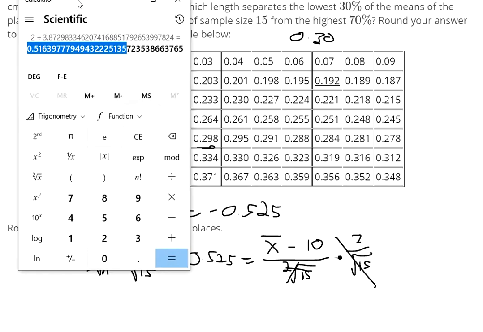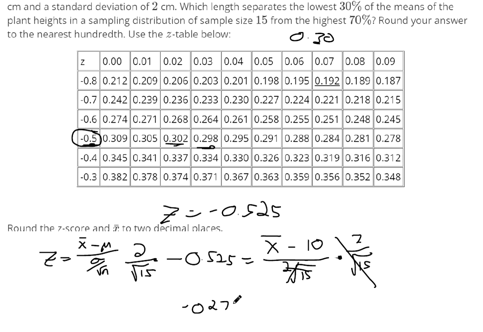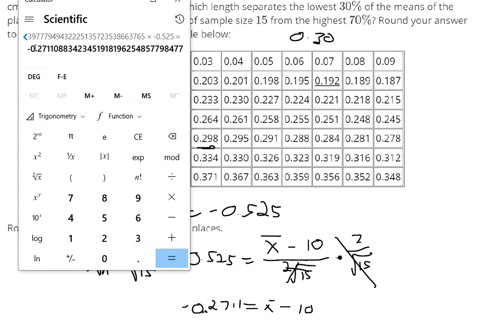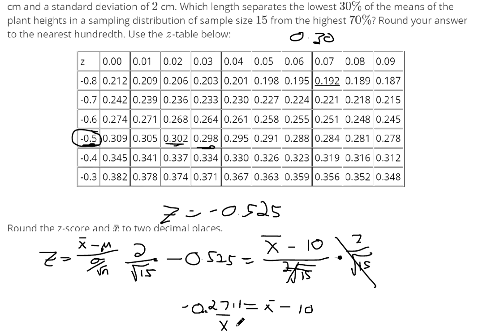So this is my number that represents 2 over the square root of 15. I'm multiplying that times negative 0.525. So the left side of my equation is negative 0.2711. Trying to get x bar by itself, so I'm going to add 10 to both sides. So if I add 10 here, 9.72 is,